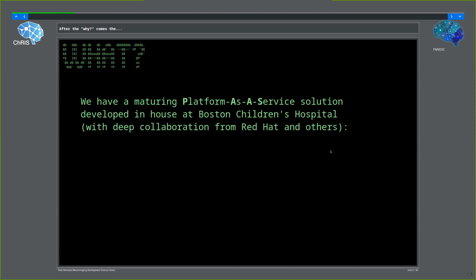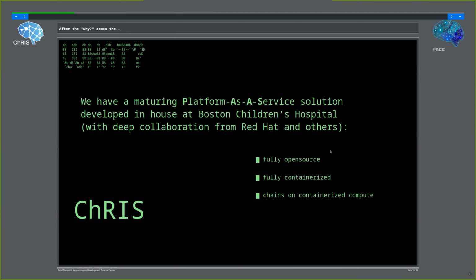So I'm talking about this thing called CHPC. Maybe I should just pause a bit and say, what is this thing called CHPC? It's a platform as a service that we developed in-house initially at Boston Children's. Then as time went on, we began collaborating very deeply with Red Hat of Red Hat Linux out of their Boston offices. They have this innovation lab. We've developed this thing called CHPC, which is completely open source. It's available on GitHub and Docker Hub. It's fully containerized. What's unique about CHPC versus other similar things, which I'll briefly touch on, is that we can link together chains of containerized computations, which doesn't really happen much.